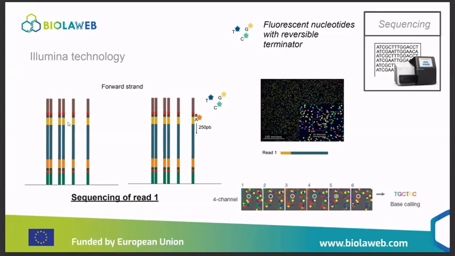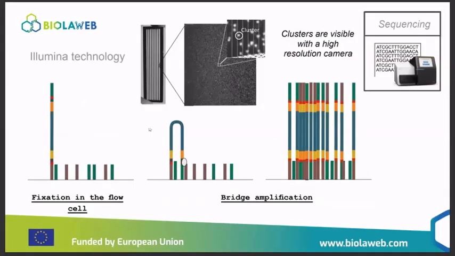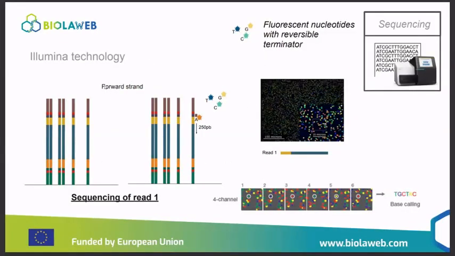So after you make a cluster, you have DNA amplicon in all the ways. So you remove and you only keep the forward strands that start with the adapter P5 and that end with the adapter P7. And then all the strands of DNA are in the same direction. And then the sequencing technology uses nucleotides that are fluorescent, and each nucleotide will have a different color of